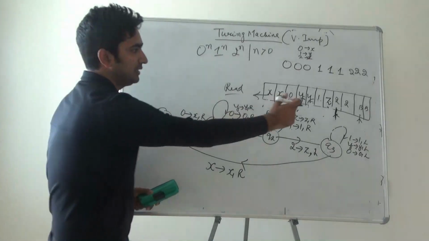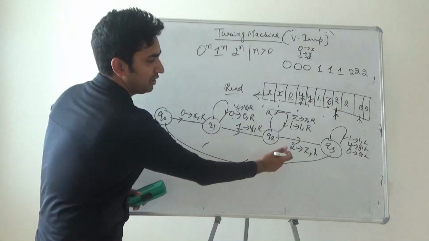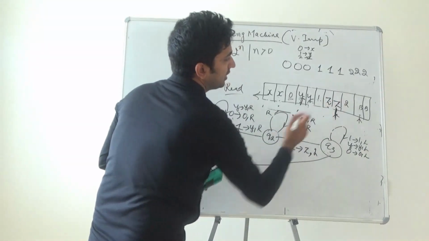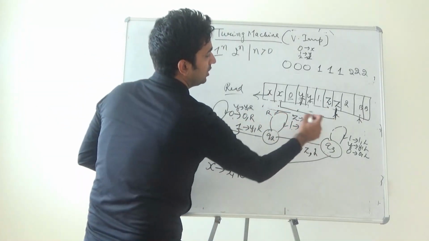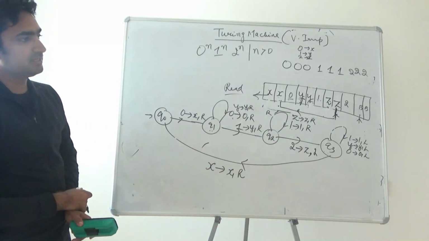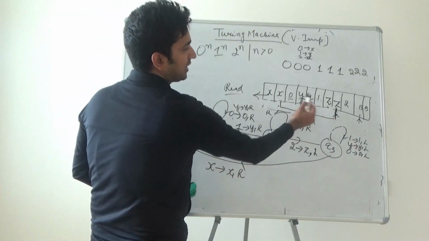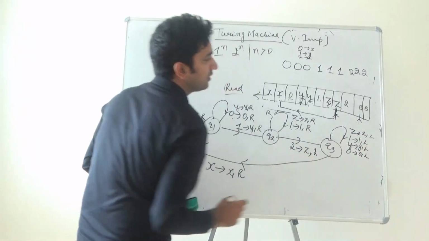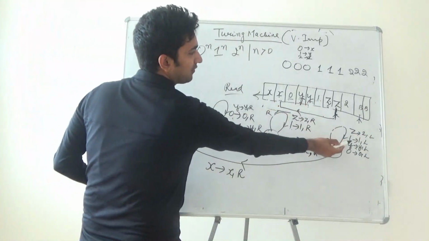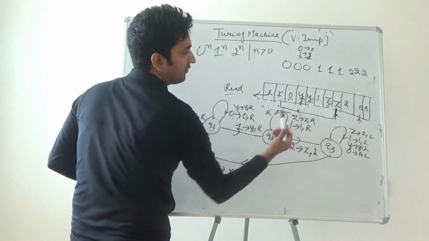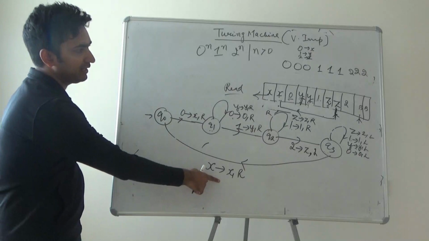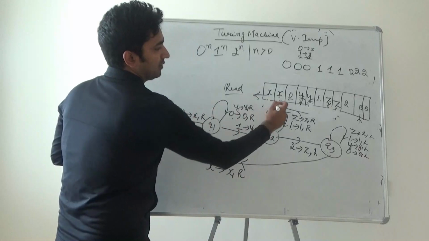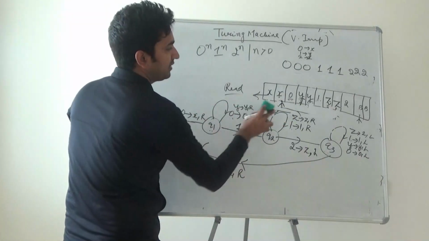Right, and this 2 would be converted to z and you are moving in the left direction. Yes, it is converted to z and you are moving left to go to this x. Now you tell what are the things you are encountering in between from this z to this x. One z is there, so you can write z z L. Then 1 is there, you have written, y is there, you have written, 0 is there, you have written. Yes, again x. The moment you reach this x, you are going to read it, you are moving in the right direction.